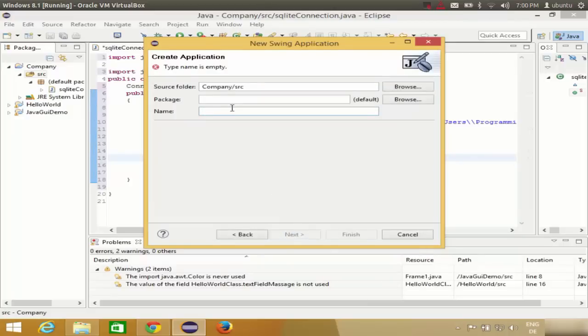Click next, and now I want to give the name of the new class I'm going to make. So this will be my login class, so I will name it as login. Okay, and I will finish,